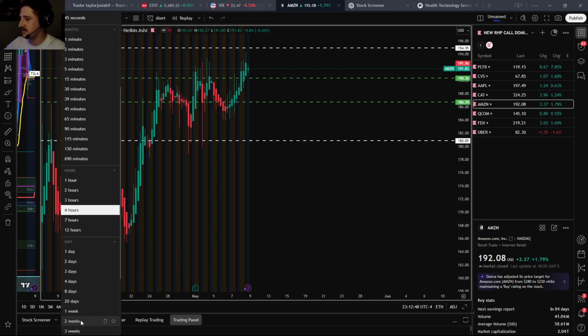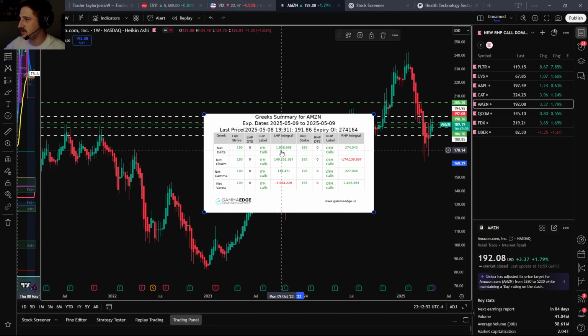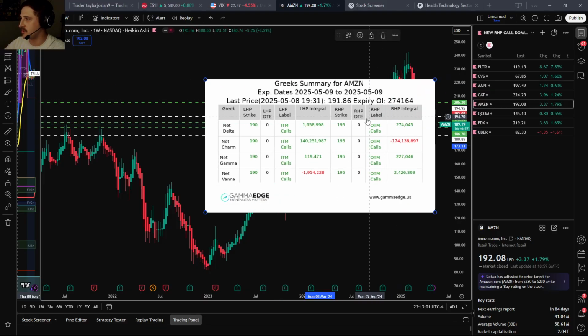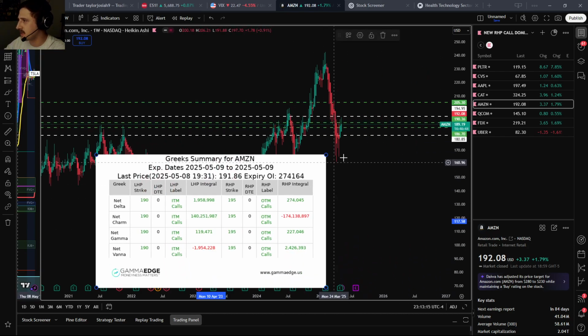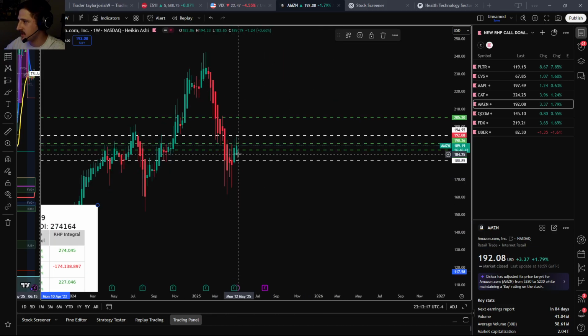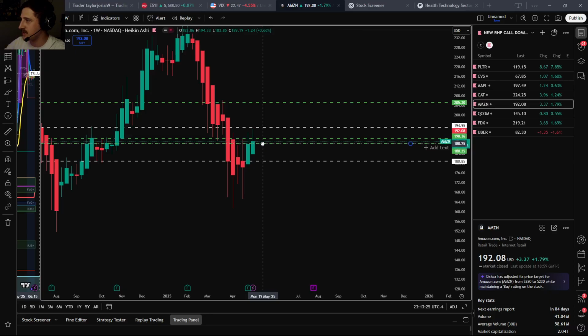I really like Amazon. This is something that I really like. Just look how much net delta we have below us at 190. This is our key support, so I could see continuation to the upside, maybe target 195 if volume stays the same. So we do see here that we get resistance right around that 190 level, right below 187 really, and then we displaced to the downside and buyers are just now stepping in, and I like to see this. So as long as we're above 190,